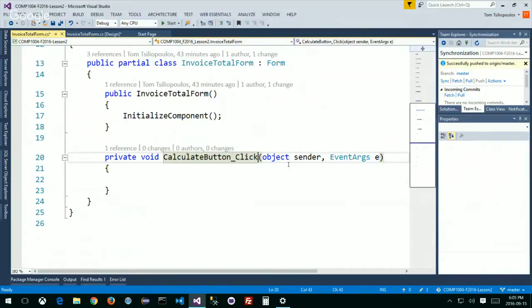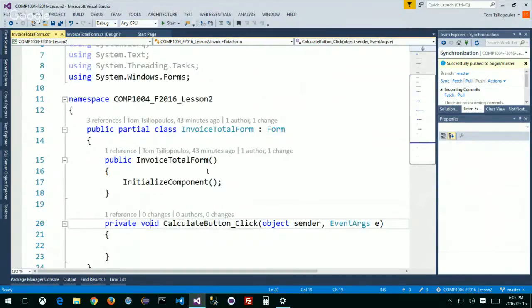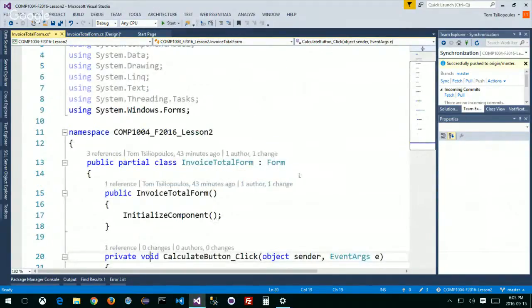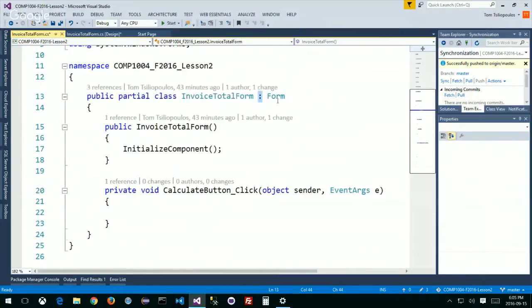But for now, what I want you to notice is that this is a method. This is an event handler method that's part of my form. My form is a class that uses the colon in C#, which is the extends keyword in Java, right? So this is using inheritance. What I'm saying here is that my form is inheriting or extends the form class. That's what it's doing. So my form class is a built-in class,